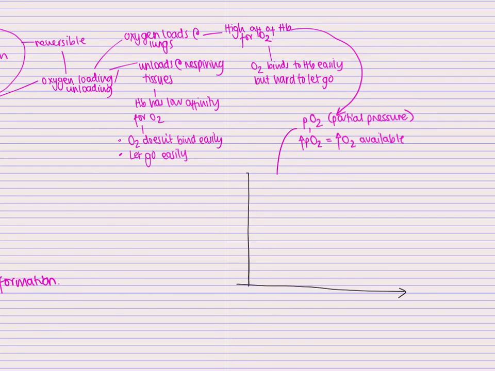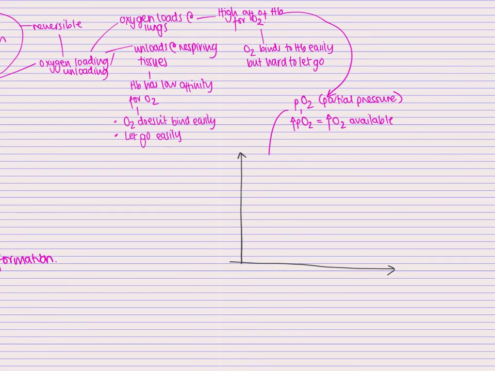Wow, that is a horrible x-axis, I'm sorry. On the x, we're going to have the partial pressure of oxygen, remember that amount of oxygen, and up the side, we're going to have percent saturation. Now I know that hemoglobin can only carry 4 oxygen molecules at a time, so I'm just going to split the percentages up into 25, so 100% would imply that all 4 heme groups are occupied, 75% means that we're 3/4, and then 50%, 2 out of 4 of the hemoglobin subunits or the heme subunits occupied, and then 25%,